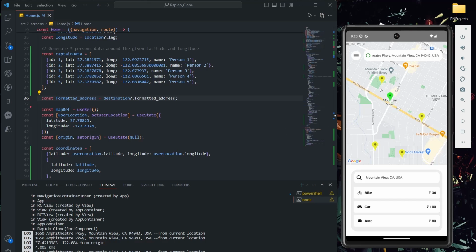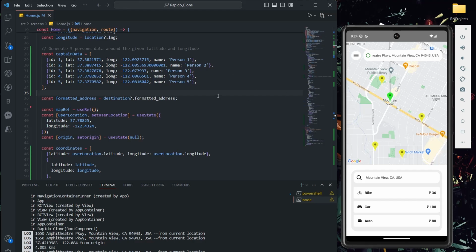What was my requirement? Whoever is close to this destination point. If you observe here, who is close to my destination? This person, this yellow one. This person is close to my destination. So that means if I select any option, I have to assign this person. Okay, perfect. Right now I'm using a single array for all options, like bike, car and auto, but you can create 3 array objects for bike, car and auto. Based on the option you select, you can show those icons on the map. You can directly use the same map method. Okay, perfect, you got it, right?